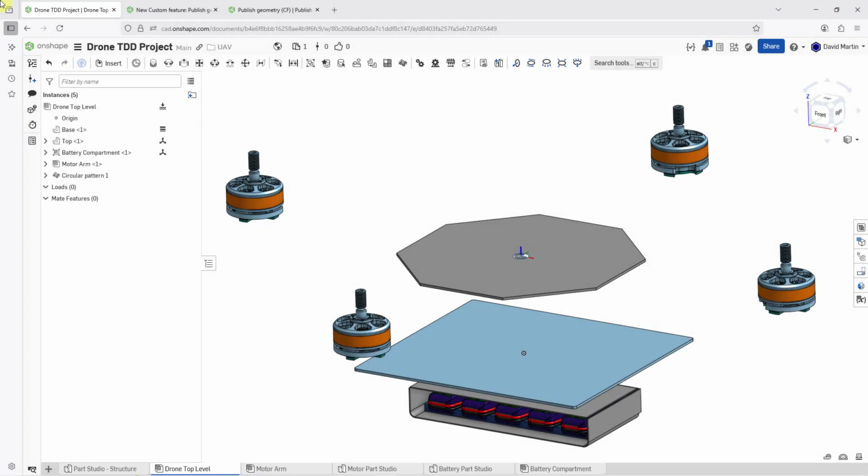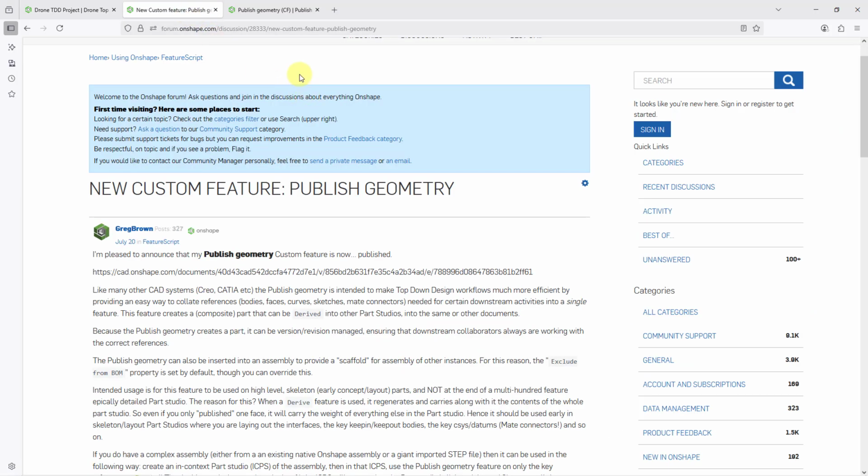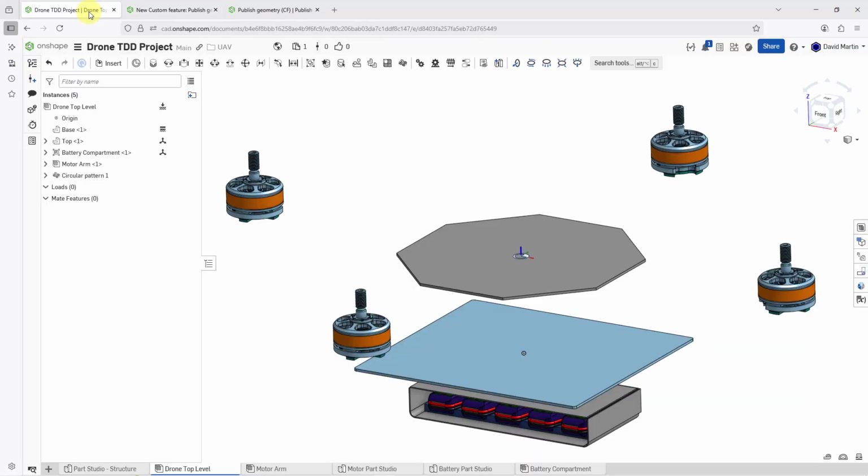In Onshape, I started working on a drone project to teach myself more about top-down design techniques. And then on July 20th, a new published geometry feature was announced in the forums. If you're not familiar with published geometry, it is a lightweight method for sharing external references to facilitate design work